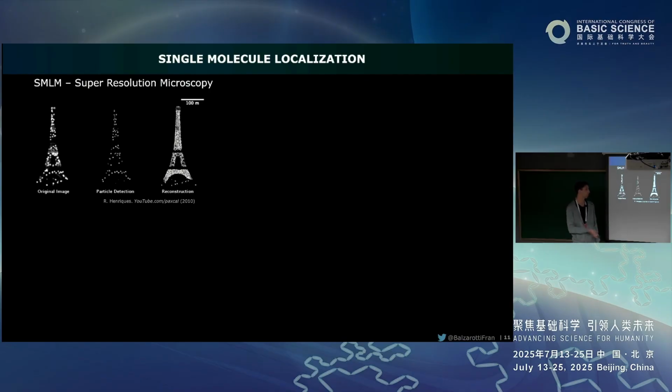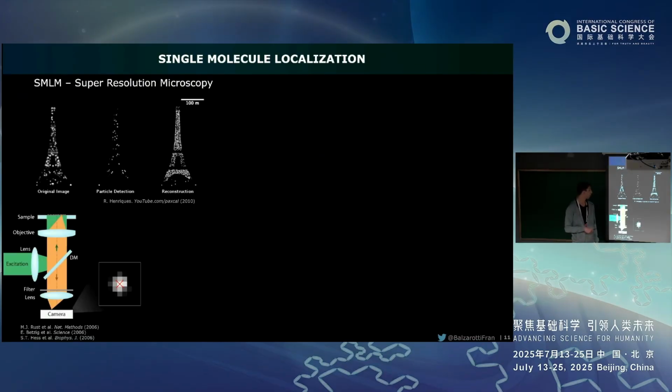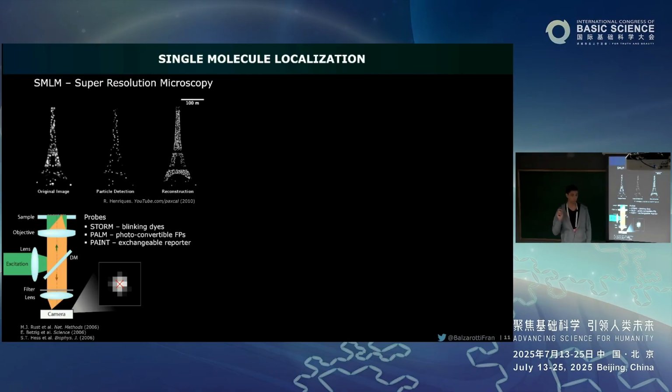You take a movie, and then you localize each one of these molecules, and finally render a single high-resolution image out of the stack of frames that you have acquired. This became very popular because you can implement it in a wide field microscope, and depending on the phenomena that you use for inducing the blinking, this receives many names, but at the end of the day, it's all the same